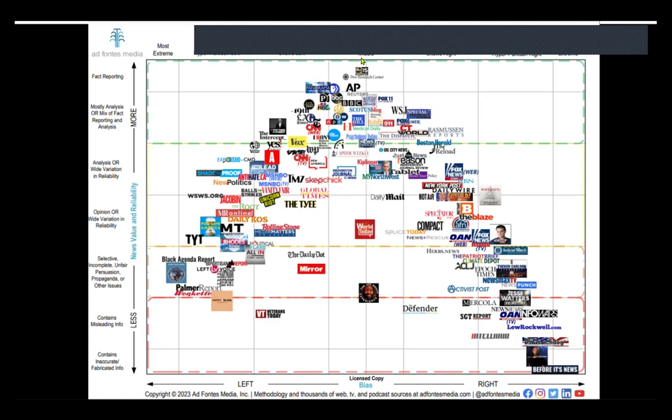The center line is the actual centrist position, and anything to the left of that is increasingly left-leaning, and anything to the right of that is increasingly right-leaning. Sarah Beth, you have your hand raised. What's the question? Yes, I just wanted to state that